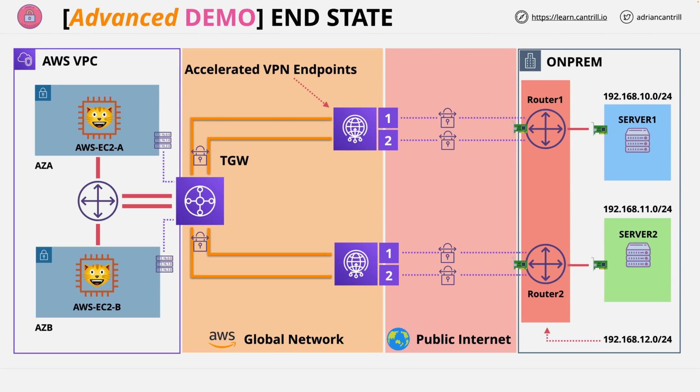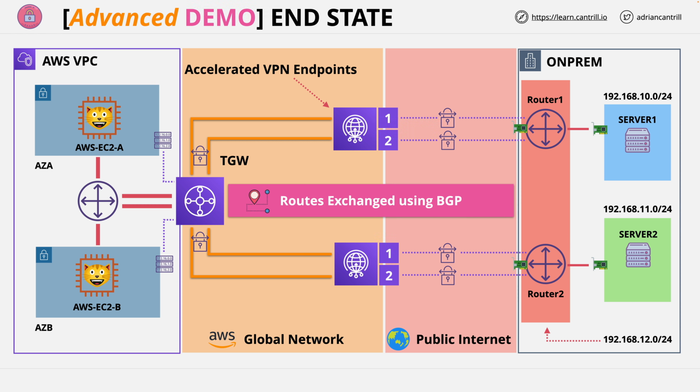Welcome back to part 4 of this mini project. At the end of the last part, you'd configured 4 IPsec tunnels between 4 AWS endpoints and both of the customer routers. In this part of the mini project, you're going to configure BGP to run over the top of these 4 IPsec tunnels. Once done, the VPN will be fully functional and you can test it by pinging from both sides.